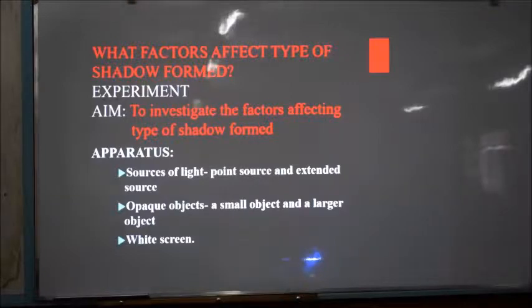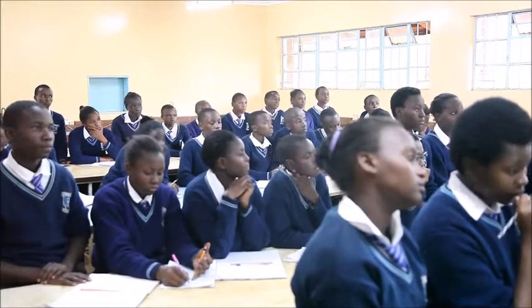And therefore, what factors affect the type of the shadow formed? That's now when we want to do a demonstration to investigate the factors that affect the type of the shadow formed. So the apparatus for this experiment that we are going to conduct today